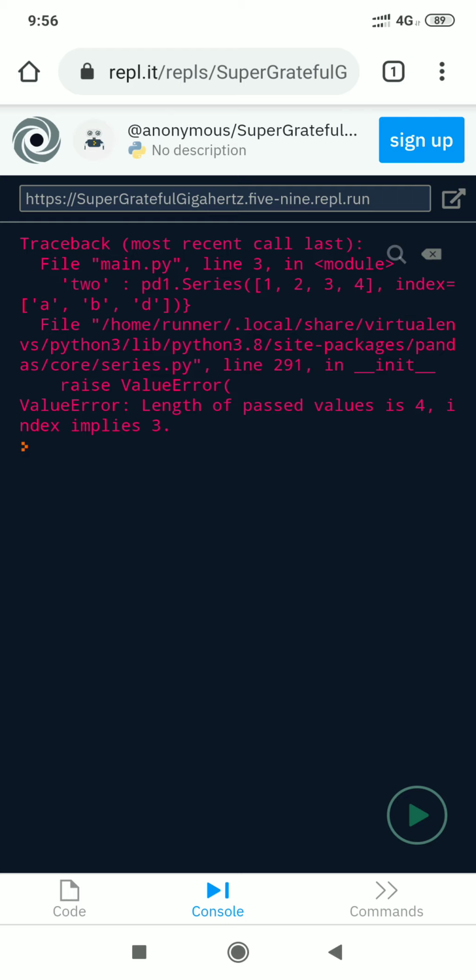Something is a mistake: the length of passed value is 4, index implies 3.